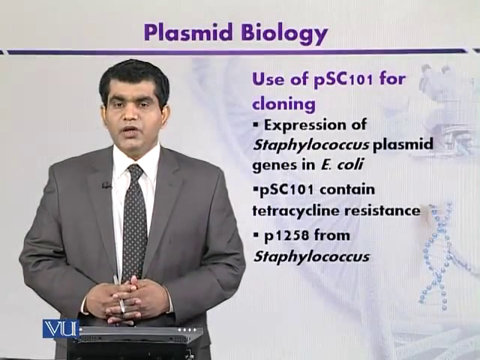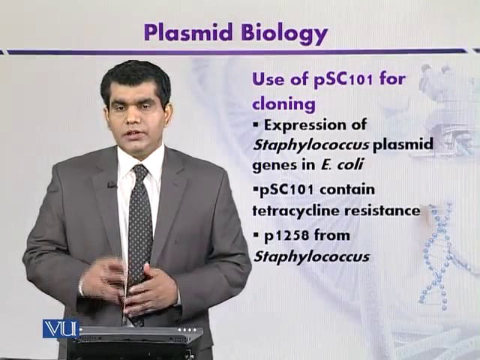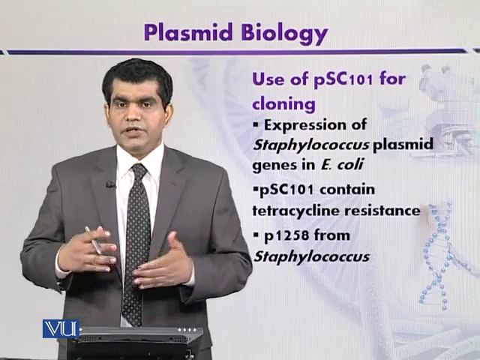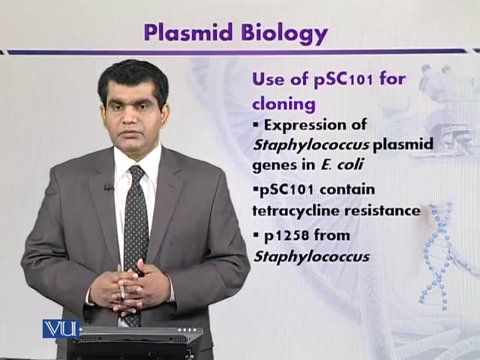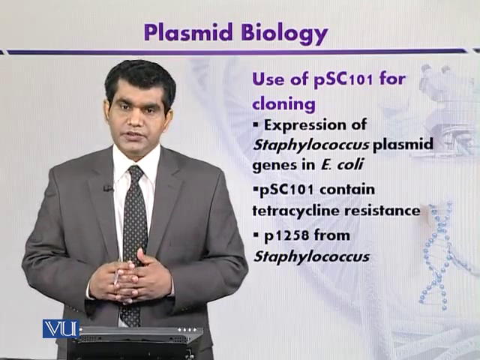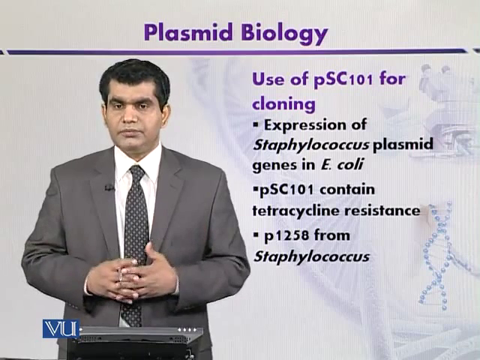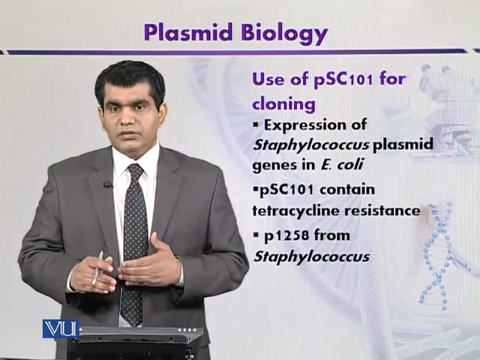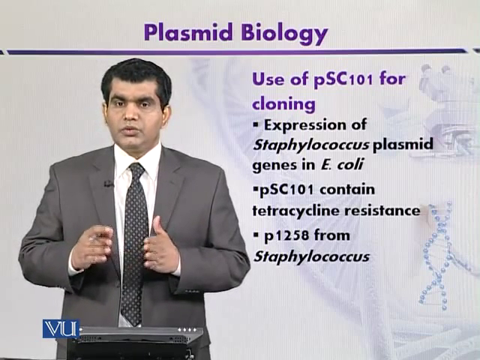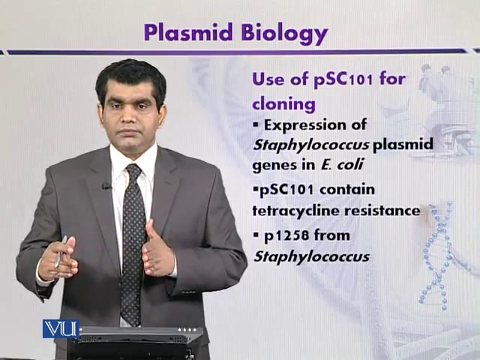Use of pSC101 for cloning. Although cloning with pSC101 is not so advantageous, as we have discussed, because the selection of transformants is not easy on the basis of tetracycline resistance. But still, this plasmid pSC101 has been used to clone some genes from the plasmid of other organisms like